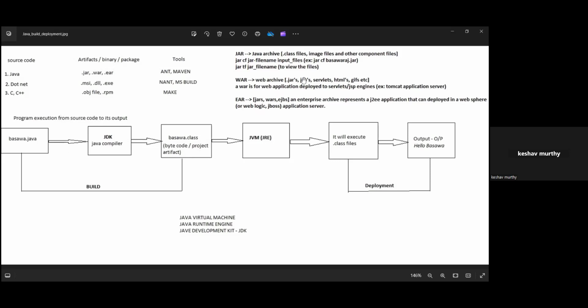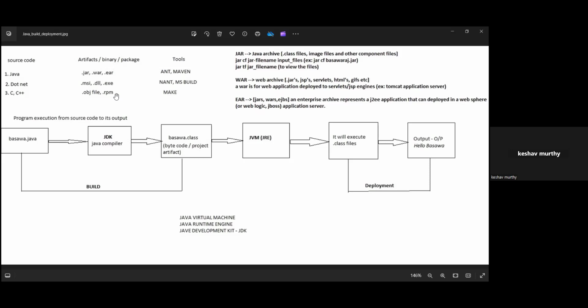So this is designed mainly to facilitate the packaging of your Java applications into a single archive file. So instead of shipping 1,000 files one by one, I am going to bundle and archive this as a single executable file called a jar file, Java archive. Okay. So next, what is war? I told you about the types of files you're going to get right after compilation. Then what is war?